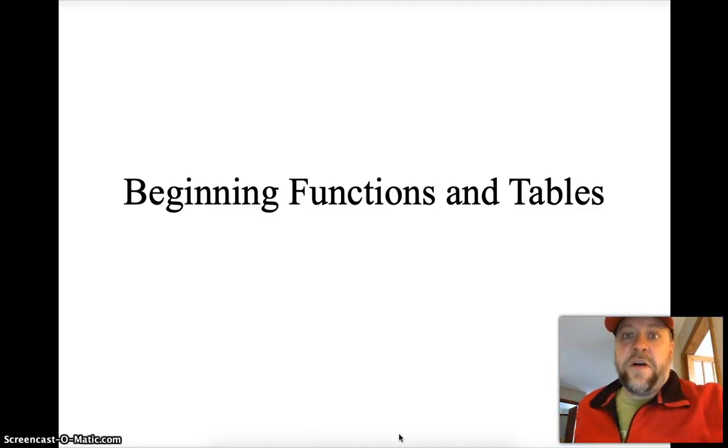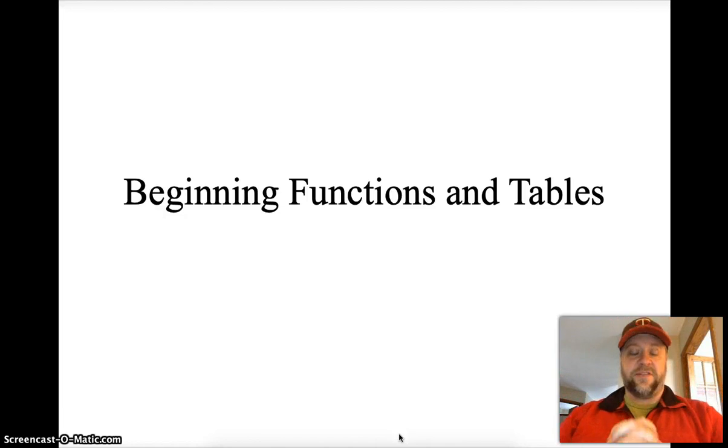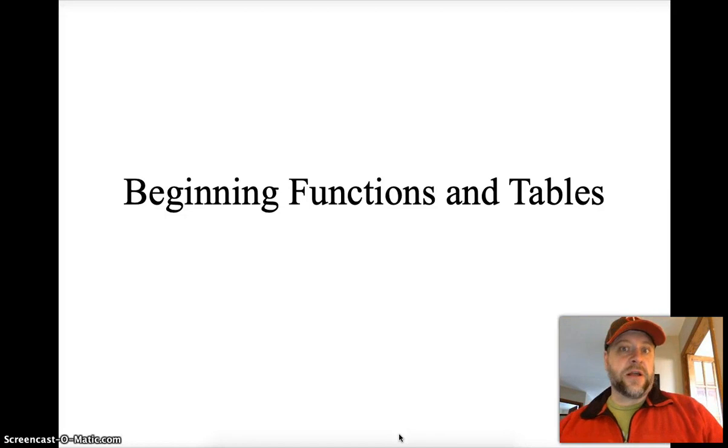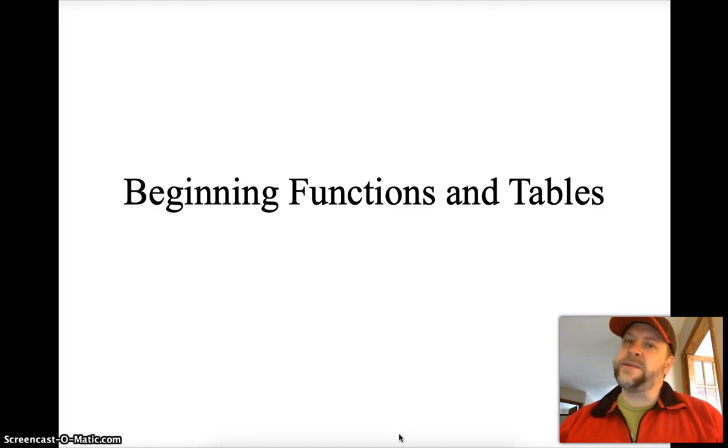We're going to talk about functions and tables. This is a return to algebra, a return to the things that we were talking about in algebra, but we're going to take it to the next step. We're going to do a little bit of solving equations, but really what we're going to look at is